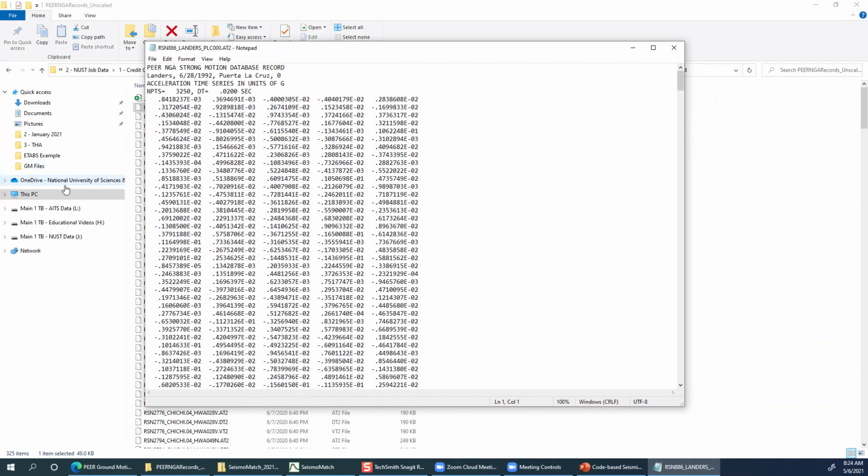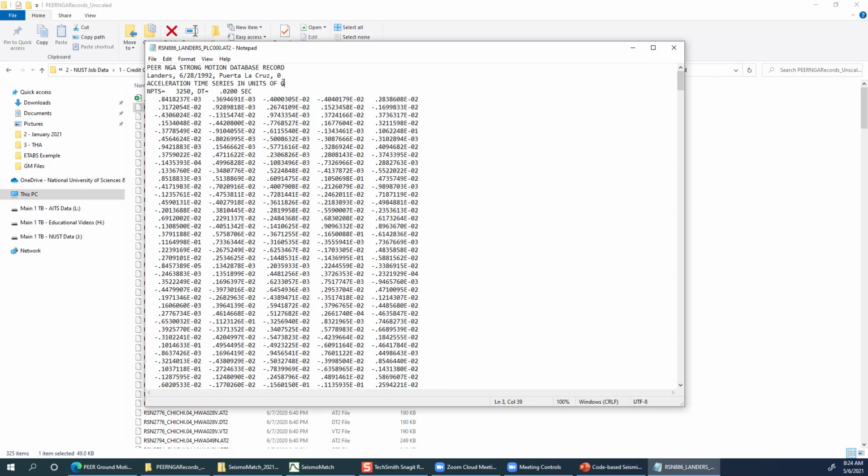So this is the first file, the first horizontal component of the first ground motion. The first few lines, maybe 3 or 4 lines, give us the information about this particular earthquake data. It says that it is PEER NGA strong motion database record from Landers earthquake, which occurred on this date at this location, and acceleration time series in units of g.